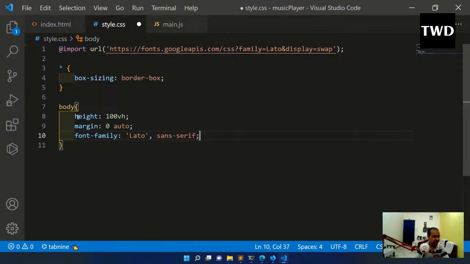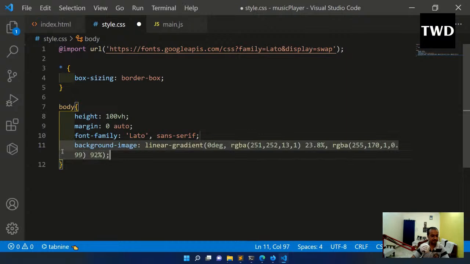Let me have some gradient also. Okay, like this the gradient will be there, and then after this